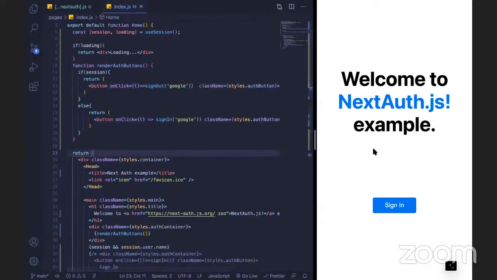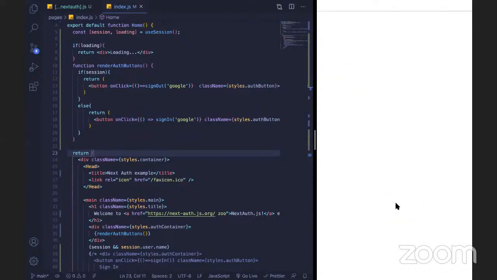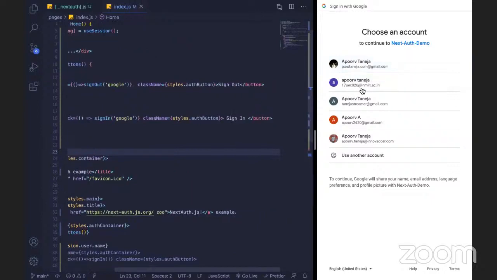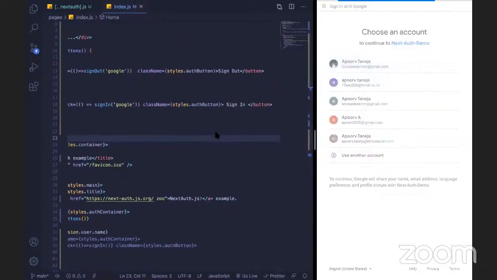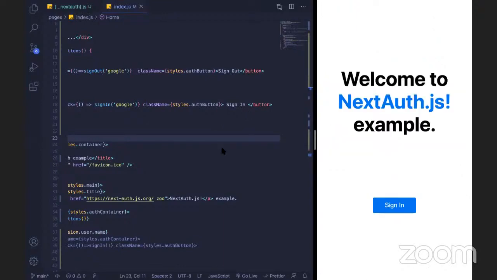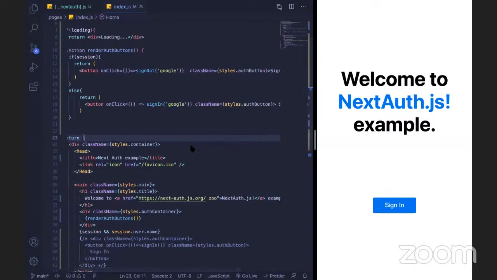So what happens in this case is, I click on this, and it directly opens Google authentication. So instead of naming this button sign in, you can do sign in with Google and make it a red color button, which Google usually has. So you can just directly open the Google authentication if you don't want your users to go to that black screen and display different buttons and things. So you can do that.